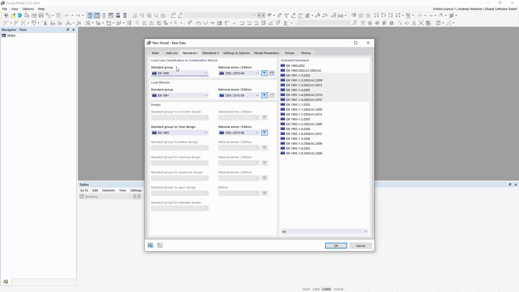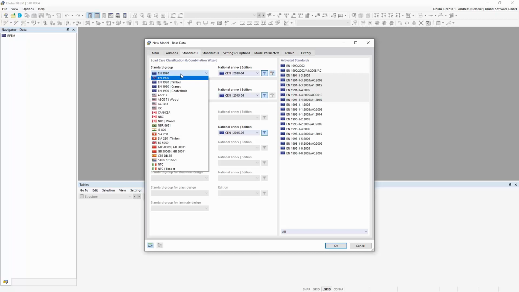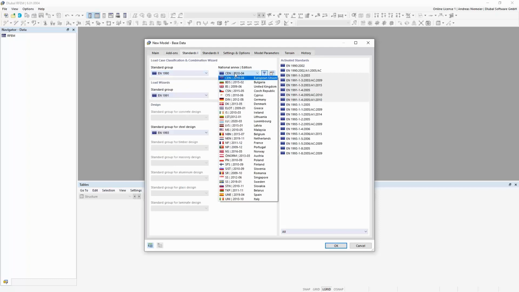You see we have three open options here: regarding combinations, regarding load wizards, and regarding the steel design. I can select the standards that are offered, let's say here Eurocode, American, Canadian, and so on. But even for European standards we have all national annexes.